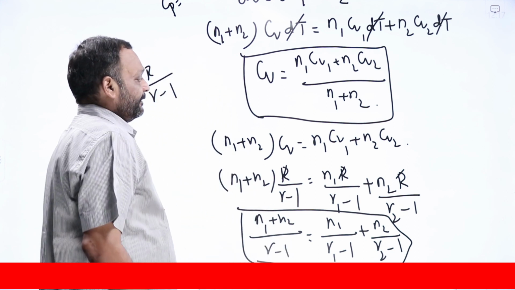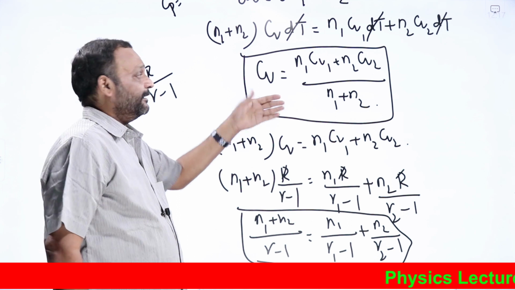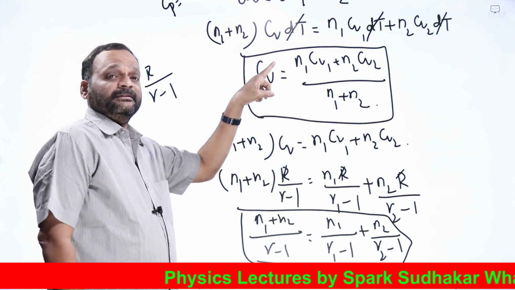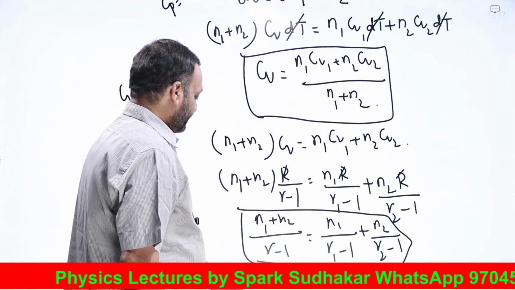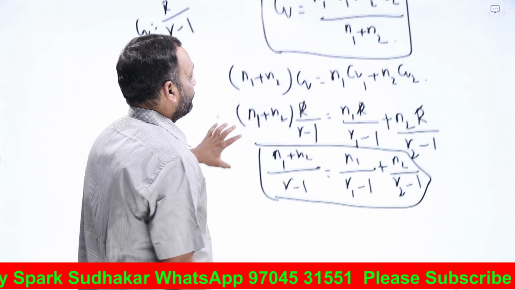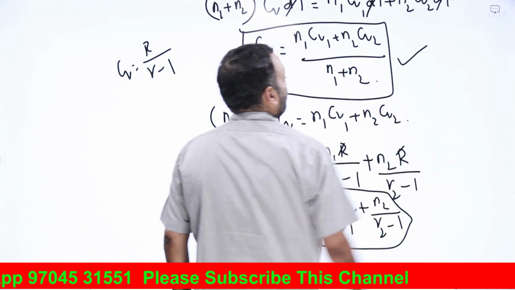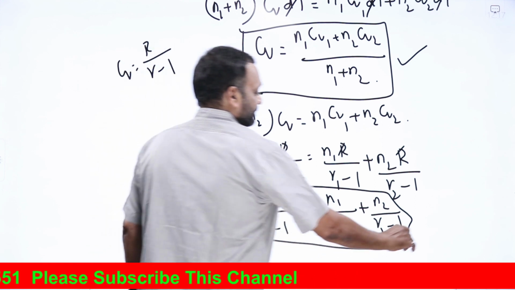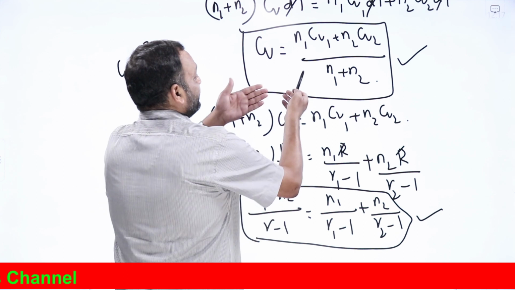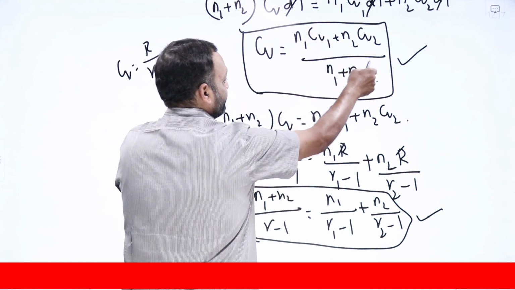Other ways to find the Cp value: for the resultant mixture, resultant Cp by resultant Cv will give you gamma of the resultant mixture. How to proceed for the Cp value? This is one important formula which you have to remember, and directly we will get the gamma value. And how do we calculate the resultant Cp? We'll proceed from this formula onwards.